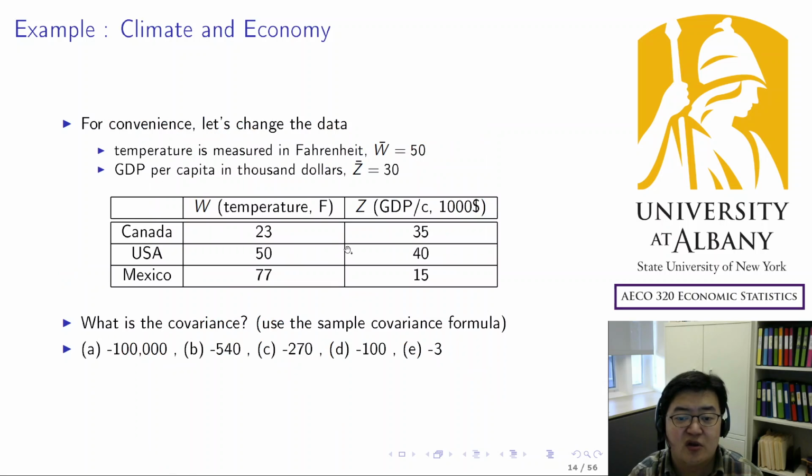You first calculate the averages. The average temperature in Fahrenheit of the 3 countries is 50 degrees. And the average GDP per capita of the 3 countries, measured in $1,000, becomes 30, right? So it's not that difficult. You can just calculate them directly from these 3 numbers for each variable, and then subtract these numbers